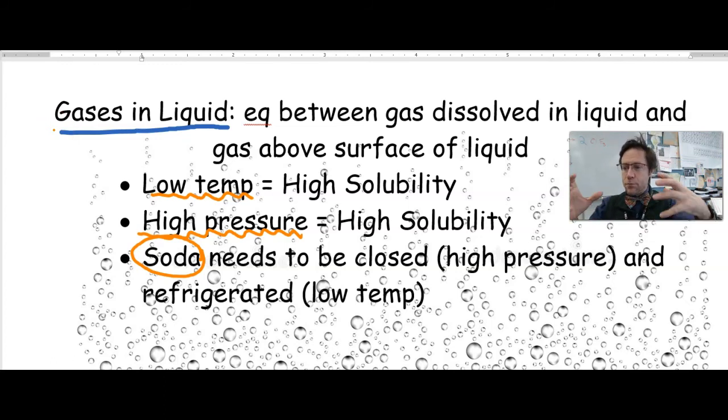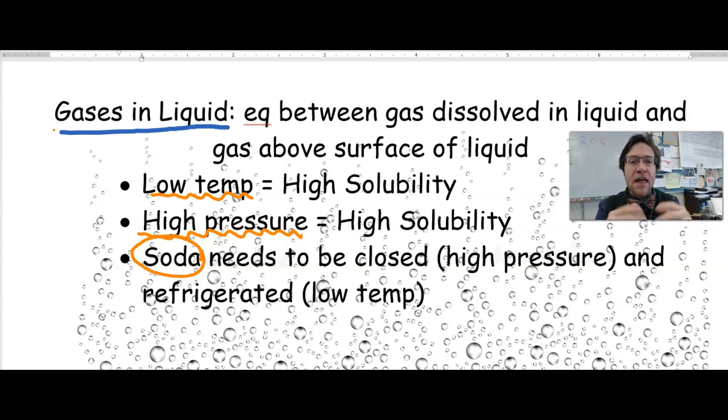So if you get a brand new 2-liter bottle of soda, it is usually really pressurized. They do that in the factory to squeeze all that carbon dioxide down into the water, and then they put a lid on it so it stays there. It's a closed system. Carbon dioxide can't escape. So you crack the lid of a soda and poof, right? Well, unless you're careful, you slowly release it. What happens? You hear,